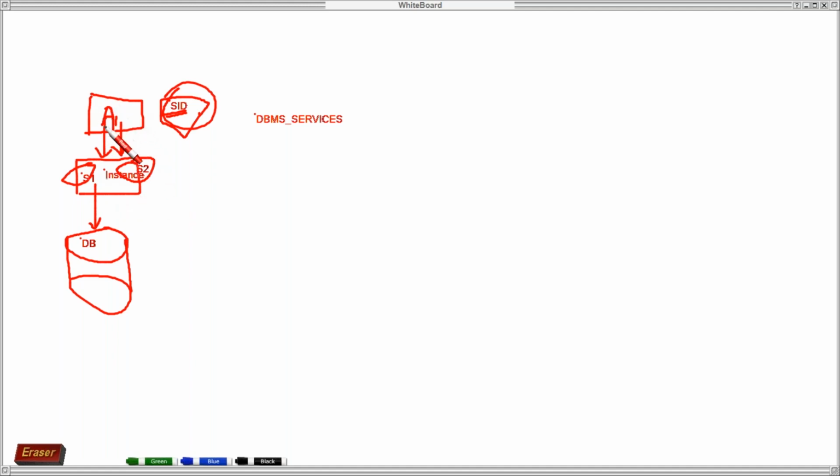For example, application 1 is connecting through S1 and application 2 is connecting through S2. Say application 1 I want to stop, because application 2 is now overloaded today. It is occupying the whole instance. Application 2 is overloaded today, so I want to stop the other application.